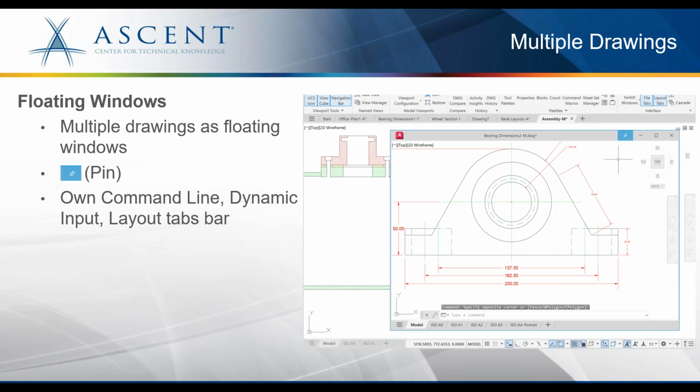If you have a second monitor, you can easily drag the floating drawing onto a different screen and have the two drawing files displayed on two separate screens side by side. Now, once you click inside a drawing, you make that drawing active. The active drawing always remains on top. But if you want to keep the floating window on top, then you need to